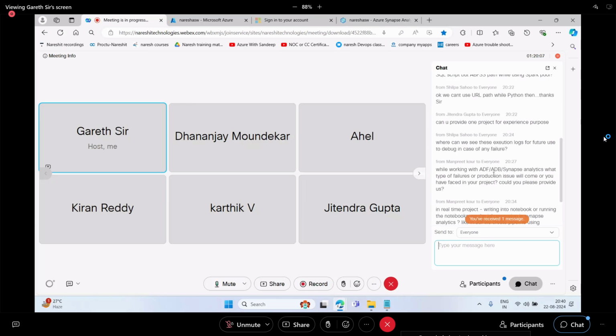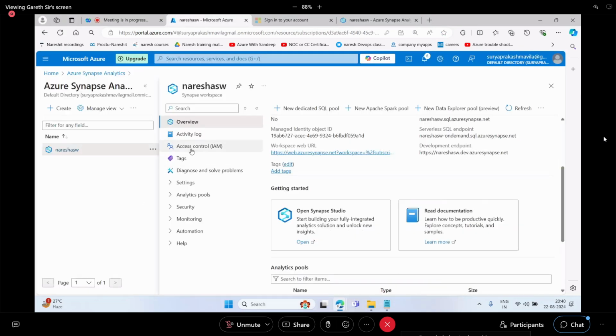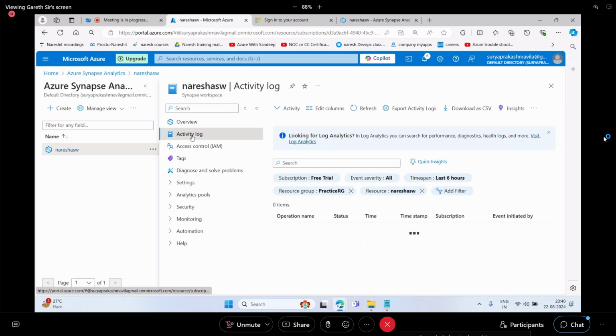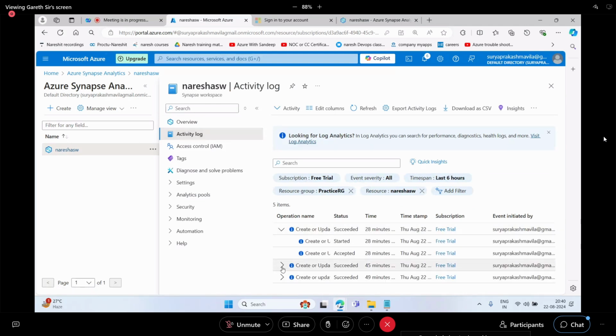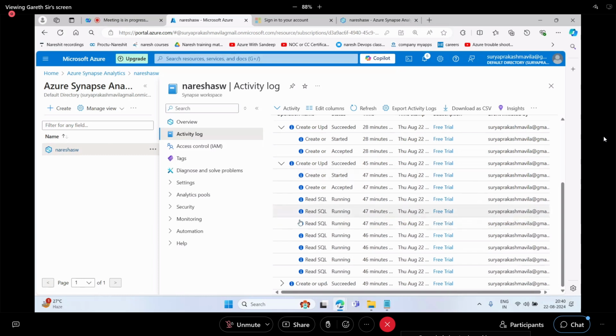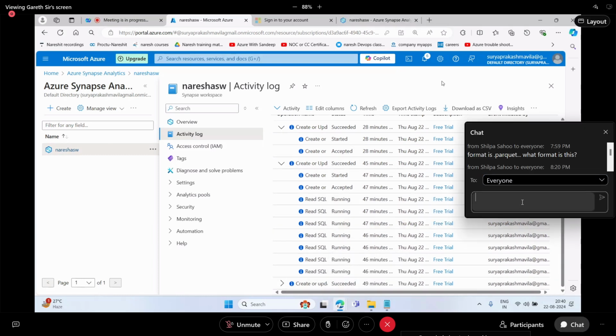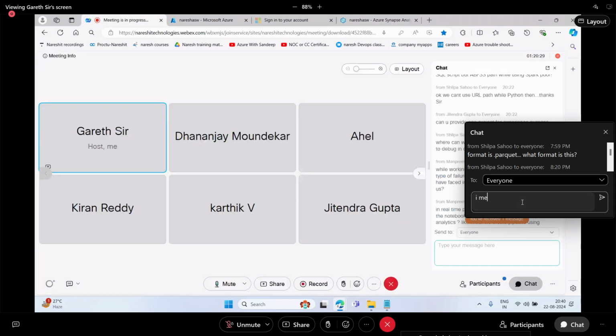you can see this, Shilpa, you can see the logs in Azure Monitor. In Azure Monitor, you can see the logs, or else you can see the logs here also. See activity log. If you go to activity log, here you will get the complete logs, what all you have done. You will get the details here. Here also you can see the logs about your activities, your actions, what you are doing. Okay,